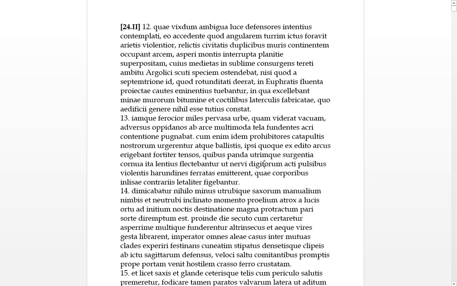actu digitorum, so by something, digits are your fingers, so this action of the fingers on these drawstrings, we have pulsibus violentis, so they're sending out something violently, and harundines is a word for those things that grow in marshes, that grow straight, reeds, and they make their arrows, their sagittas, out of reeds. And ferratae, so there's an iron tip on the end of the arrow, or the body of the arrow. These are pulsed out violently, they send out violently, and they are emittebantur.